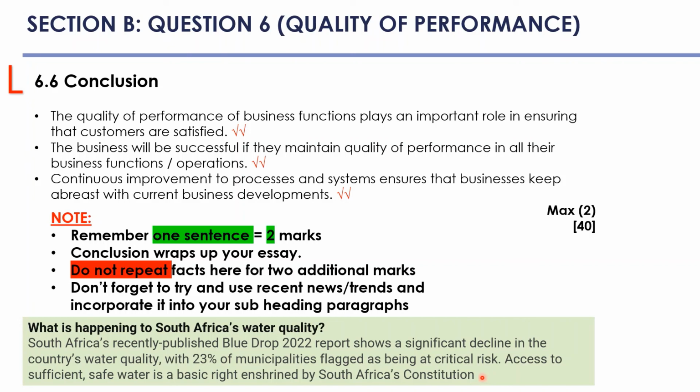Another important thing, if you talk about water quality, and we do talk about sufficient or quality services being provided and all our functions working effectively and efficiently, then it's important to note that currently in the Eastern Cape, there is an issue with the water, and I think the dams are sitting at 12.3% in terms of the dams being filled. So there's a definite water crisis happening in the Eastern Cape. Please take note, learners, that you must at least familiarize yourself with something in the news that is trendy or newsworthy, and this is how you obtain your originality marks.